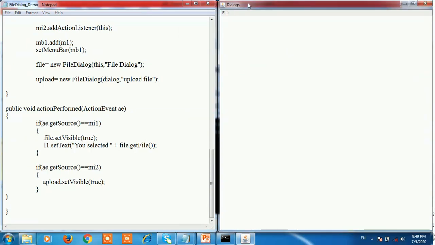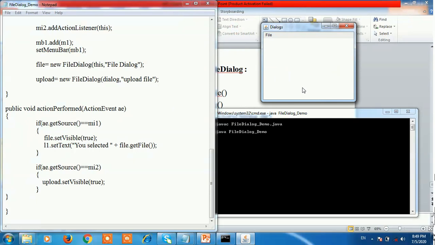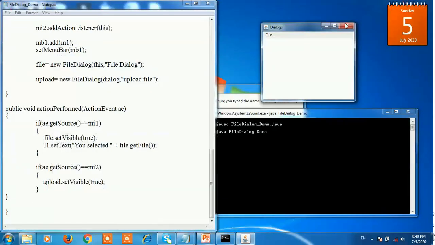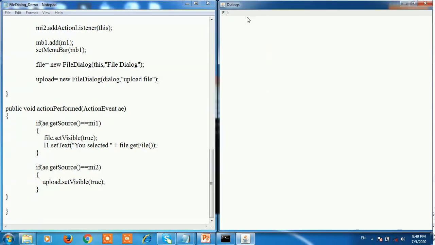See here, this is the dialog box, the file dialog box. When you click on File, it is a menu, and this is the menu bar. In that menu bar, one menu is added, that is File, and in File, two menu items are there, Open File and Upload File.